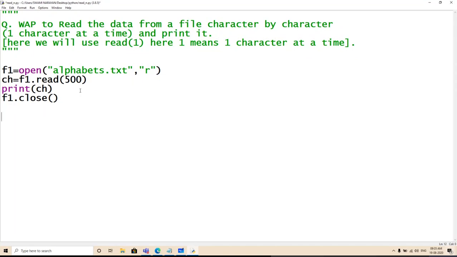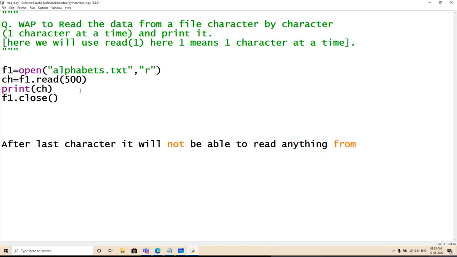Now, as you know, after the last character it will not be able to read anything from this file.